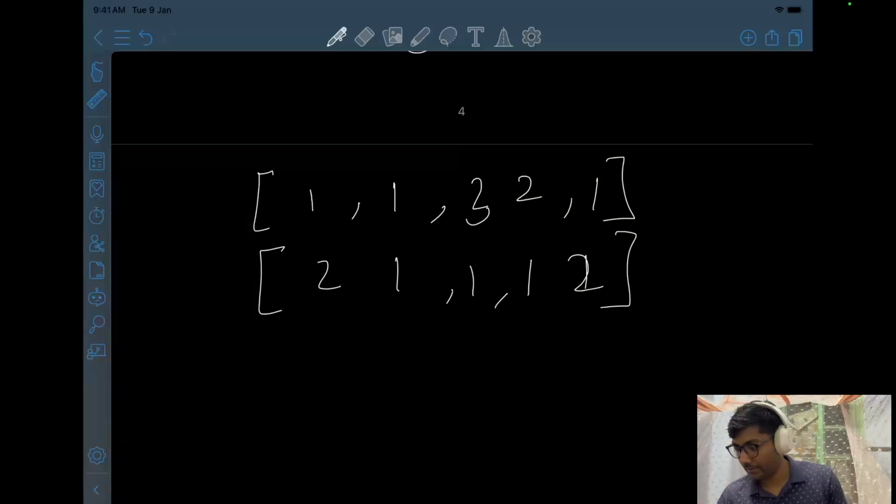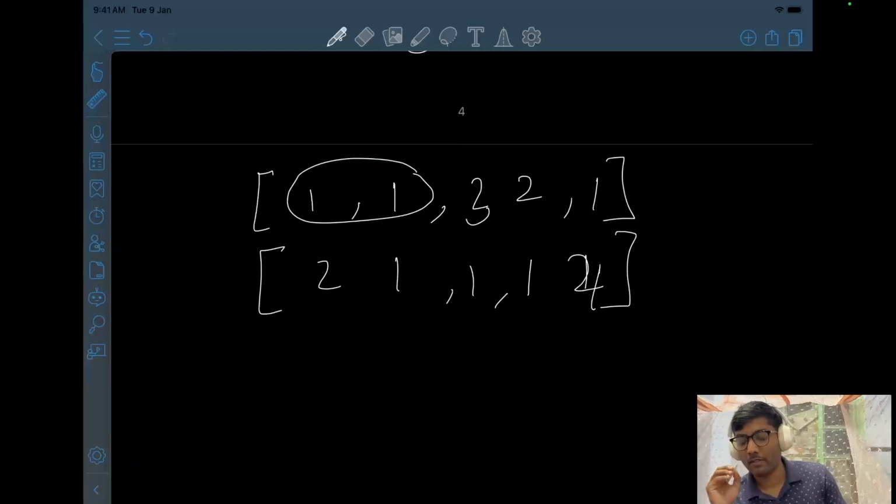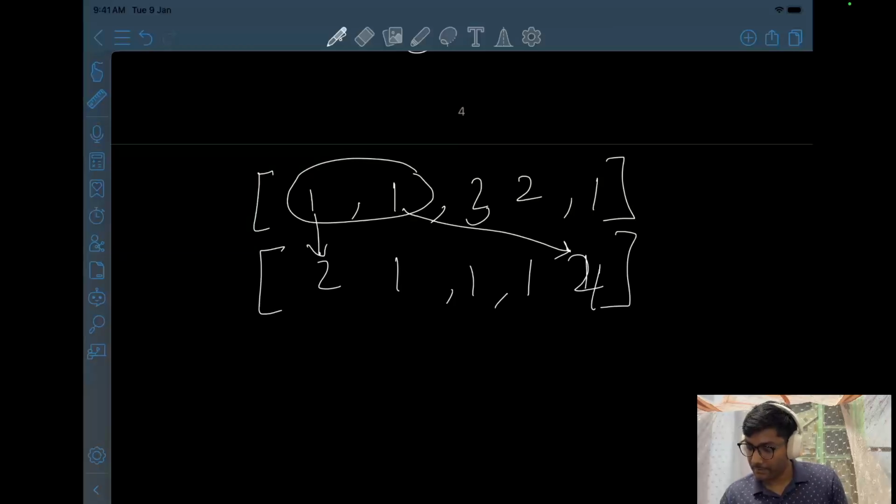Let's say this is 3, this is 4. Like, this conflict can be resolved only with something that is not 1. So let's say this gets resolved with this, this gets resolved with this. You understand that